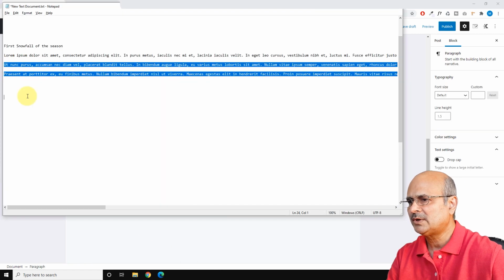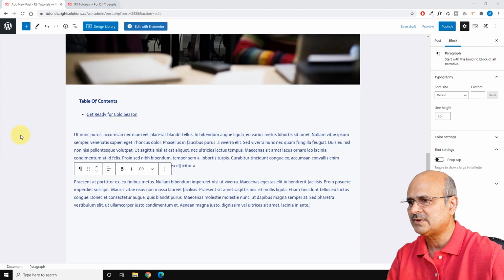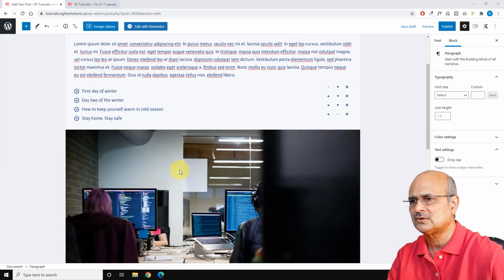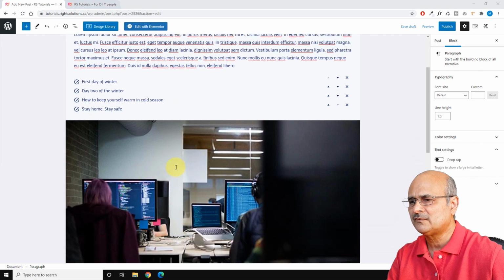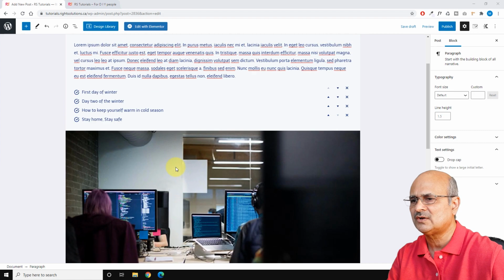So copy it from my notepad, and let's go and paste here. Okay, we got 2 paragraphs here. So now if you look at it, it doesn't really look nice here. So now you got the option, once you're not satisfied with the location of the block, so you can just